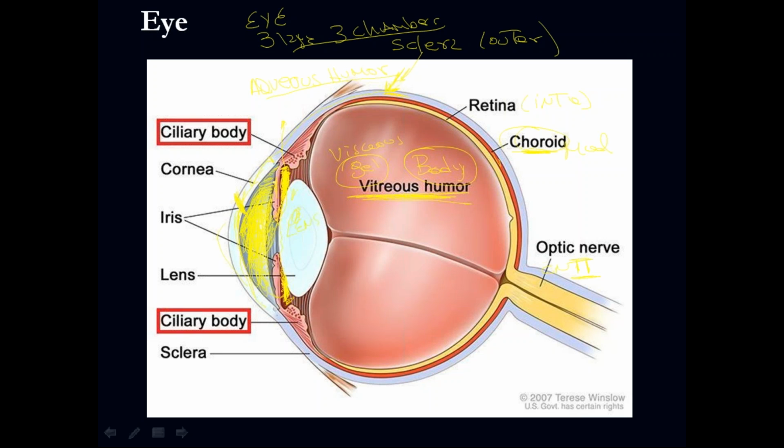That's it. When you have too much fluid here, we are going to talk about glaucoma, right? When you have too much production of this fluid, or too low excretion of this fluid, we are going to see that later, another time, that fluid is going to accumulate and produce high pressure on the eye. And the vitreous body is pushed against it, and it's going to push the optic nerve.